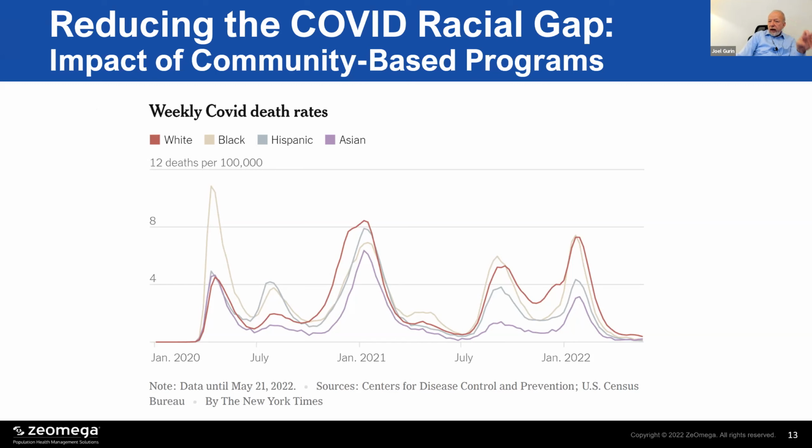That racial gap has really diminished and actually to some degree reversed, where white Americans, if anything, are now having a somewhat higher rate of COVID deaths than Black and Latino Americans are, as well as the overall rate, hopefully starting to trend